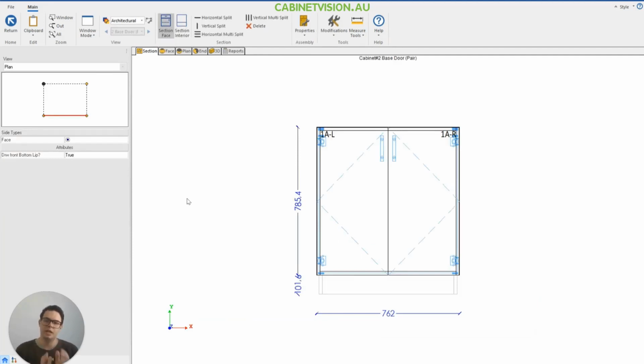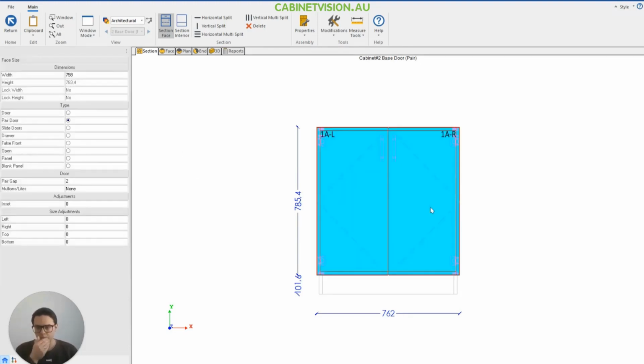There's a few different areas of the cabinet properties that we're going to look at to see how we can make certain adjustments to our cabinets. But essentially, it's great that we're at the section view. The section view is where we're going to modify the face and interior of our cabinet. If I click on the section face, you'll see I can modify on the left-hand side different things like the